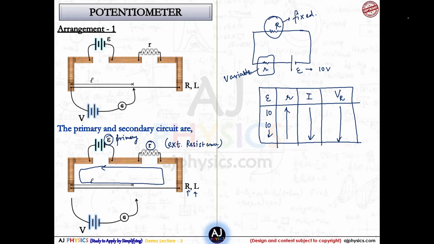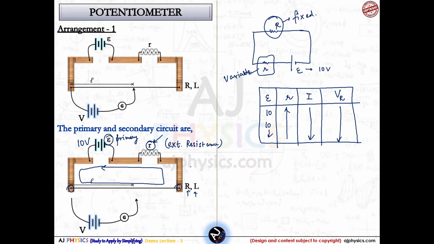Fine. So the reason I'm telling you this example is that, whatever resistance I'm using here, if I'm using a 10 volt battery and this resistance could be any value, the voltage which is set up across this wire, from this end to this end, will not be 10 volts. It will be less than 10 volts. It could be 8, it could be 7, or any value, but it will be less than 10.